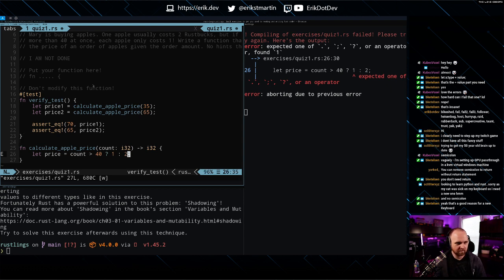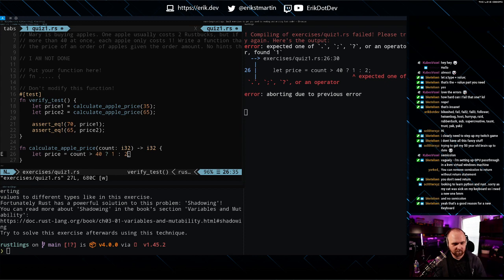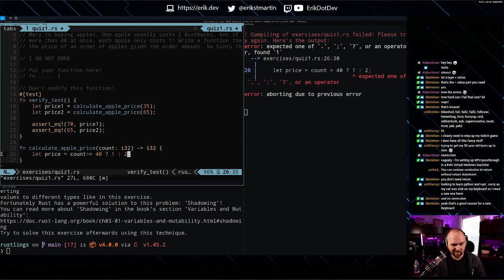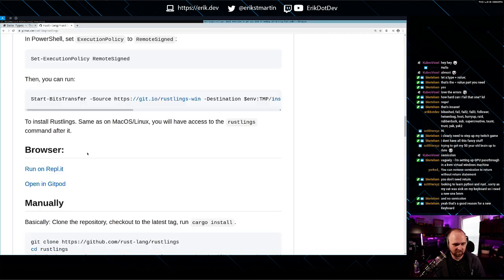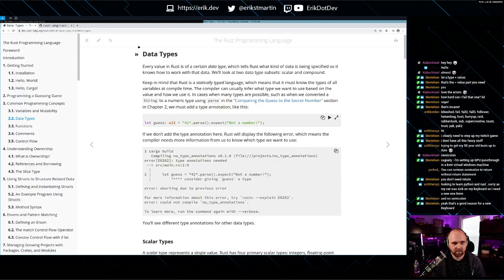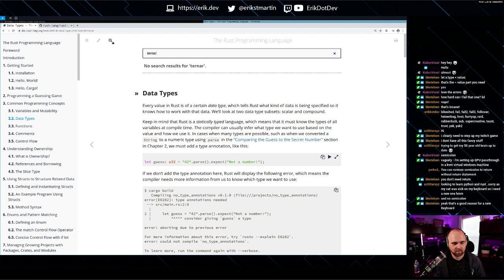No. I know we can do it with like an if statement, but does Rust have a ternary? I guess not.